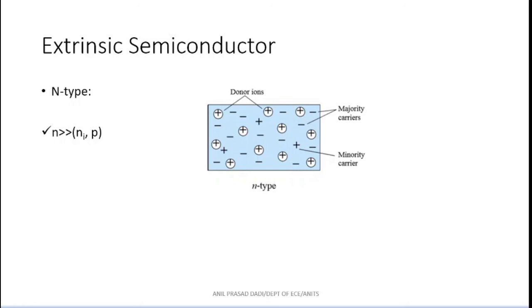So the current in a semiconductor is given by contributions not only from electrons but also from holes. We have seen an expression for the current in a semiconductor, and we have seen the extrinsic semiconductor, an important process with which we increase only one type of charge carrier in a semiconductor. It is called doping. And we have seen the types of extrinsic semiconductors, one is p-type, another is n-type, and we have seen in detail what n-type and p-type are, why in n-type electrons are the majority carriers, and why in p-type holes are the majority charge carriers. That we have seen so far. I hope you have understood so far.